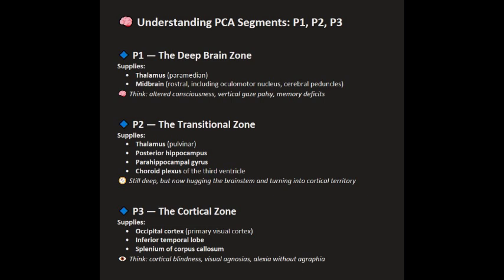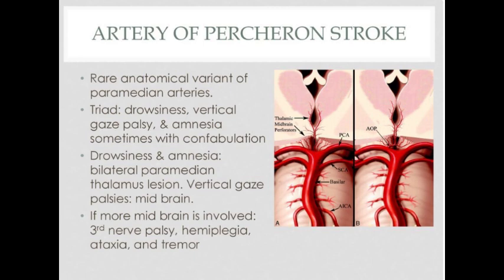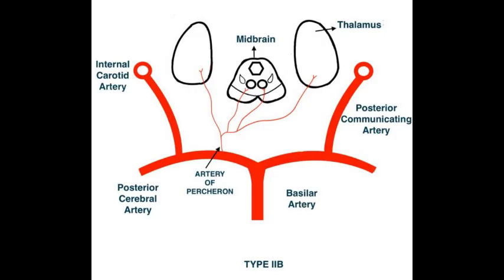That being said, let us zoom in on our true hidden gem of neuroanatomy, and that's the artery of Percheron, also known as the great mimicker. Now, if you're not watching closely, it can fool you into thinking that the patient has encephalitis, metabolic encephalopathy, or even a seizure disorder. The artery of Percheron is a rare anatomical variant where a single lateral trunk arises from